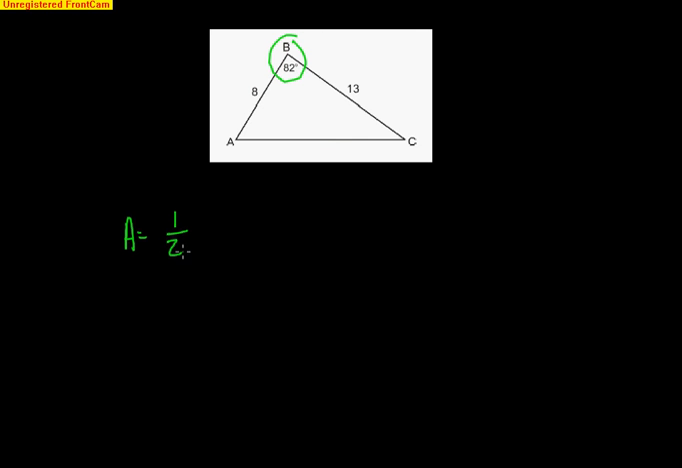It'd be 1/2 times 8 times 13 times sine of 82 degrees. So you have to be able to know the two sides that create that angle, and then the formula is that easy. So it'd be 0.5, that's the half, times 8 times 13 times sine of 82 degrees. Make sure you're in degree mode on your calculator, and you get that the area of this triangle is 51.49